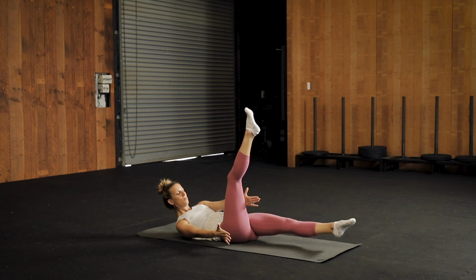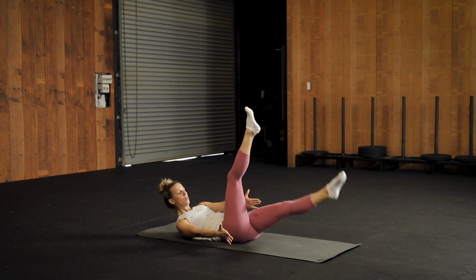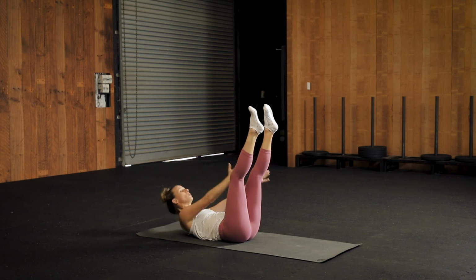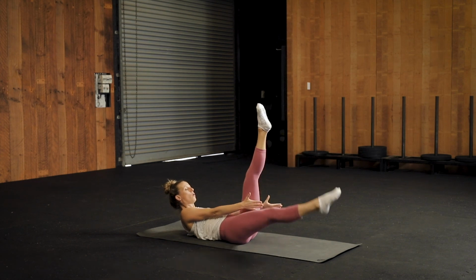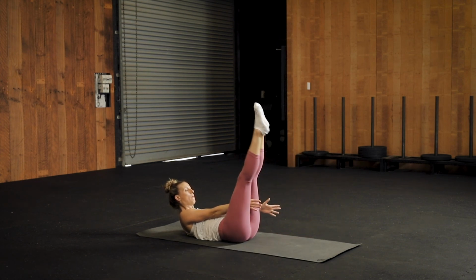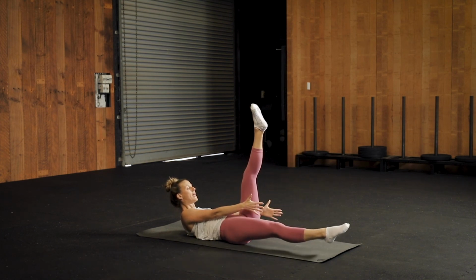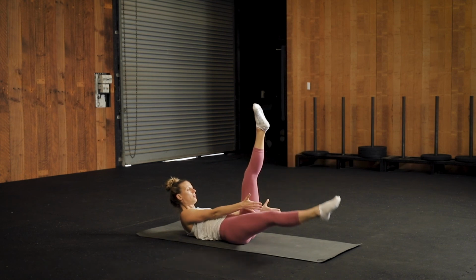3, 2, last one, hold, come down, come through the middle and swap. Right hand in the middle, left hand to the outside. Lower your right leg, and back up. This is the last little part. Go for 4, 3, keep reaching. 2,